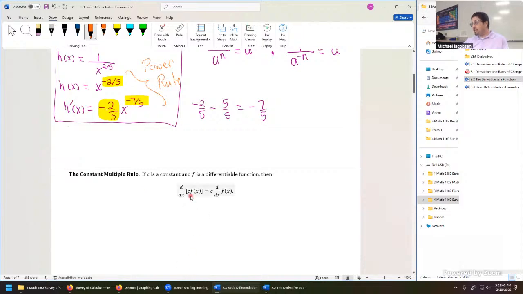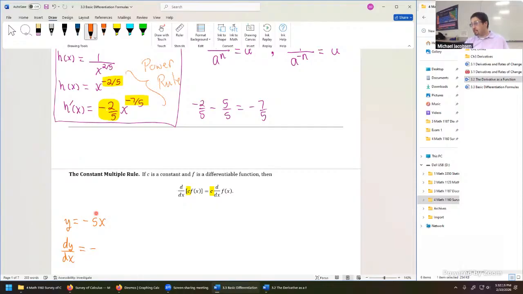The constant multiple rule says if you take the derivative of a constant times a function, nothing happens to the constant. It just multiplies the derivative of the function. So that's a fantastic rule as well. Here's what it would look like in typical problems, whether it's in Leibniz notation or Newton's prime notation. Let's first do a Leibniz notation rule. We have y equals -5x. Then to differentiate this, let's call it dy dx,